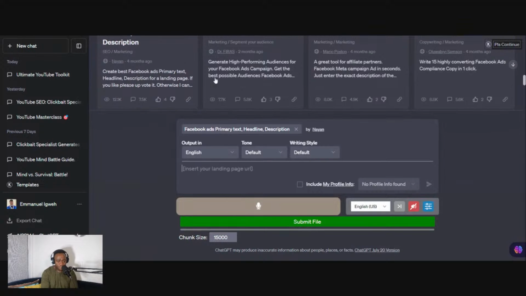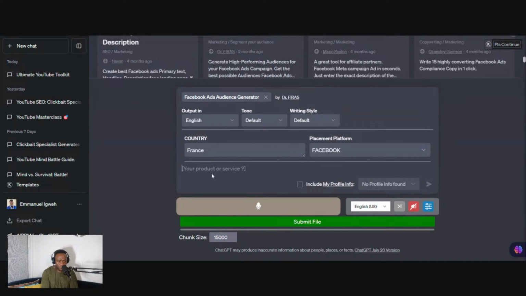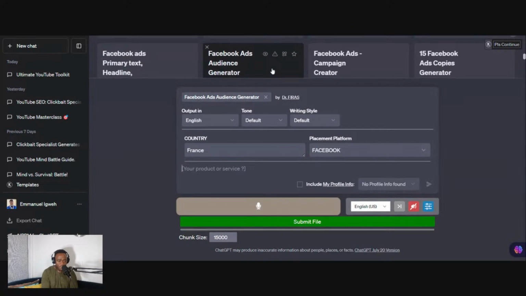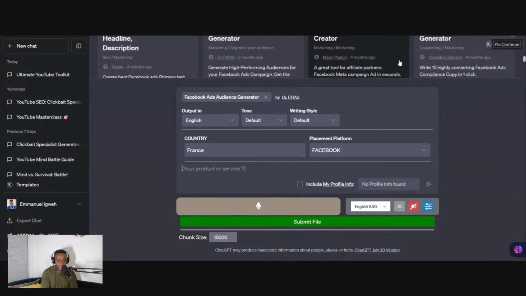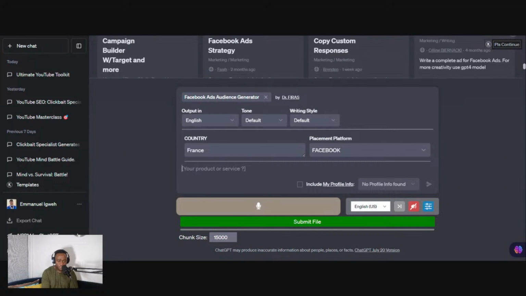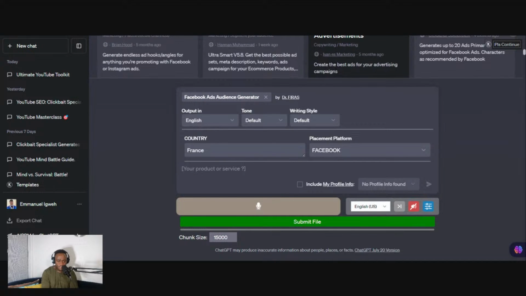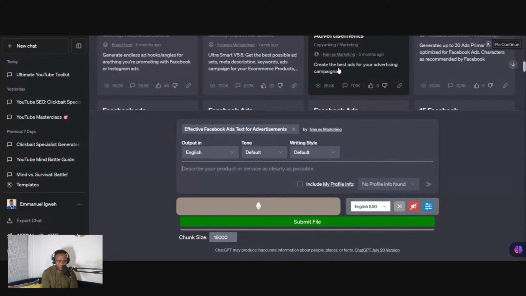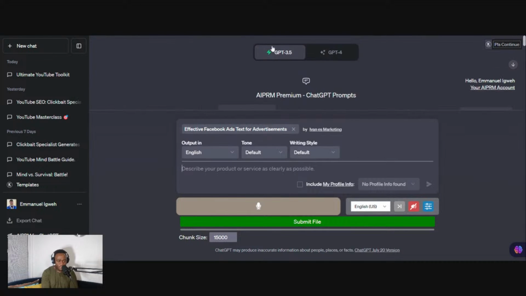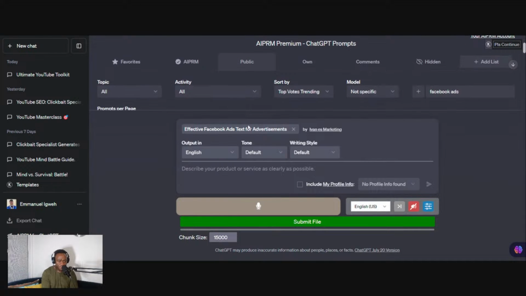Then it's going to say insert your landing page. You can insert your landing page URL here if you want to, and then it tells you what it does. Facebook ads campaign creator, a great tool for affiliate partners. Effective Facebook ads text, create the best ads for your advertisements. So here we click on this, the Facebook ads text, and then what we're going to do is select this and say